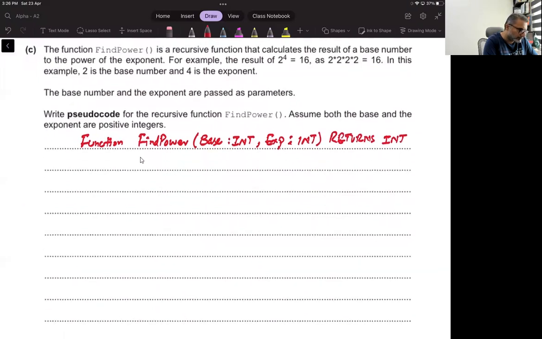All right. If it is the base case, if exponent is equal to 0, then return 1,